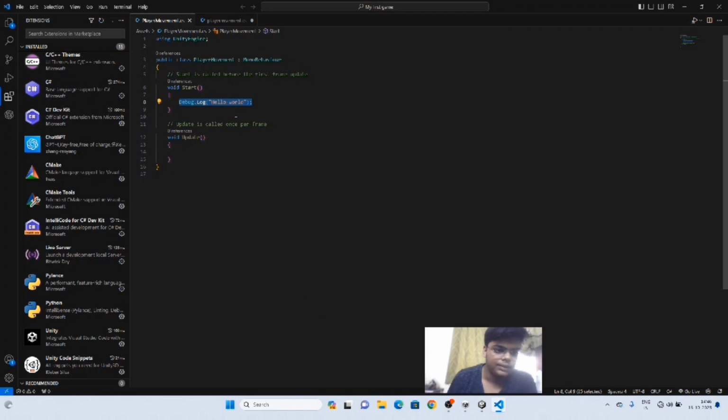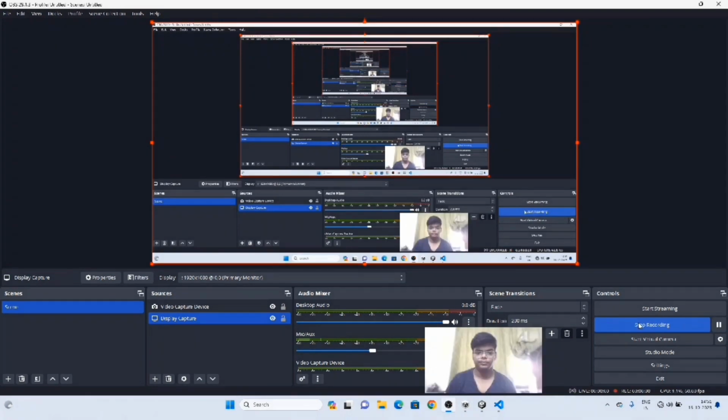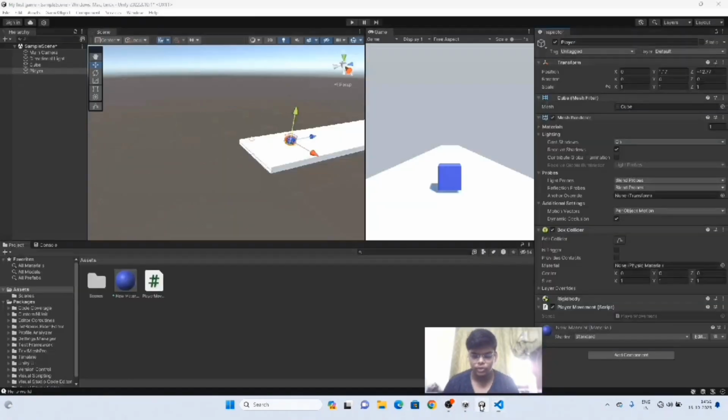Now let's just write something new. Now if we want this body component, that is the player movement component, to act when we want it, we want to decide what to do with that thing. So to do that, we just head to the